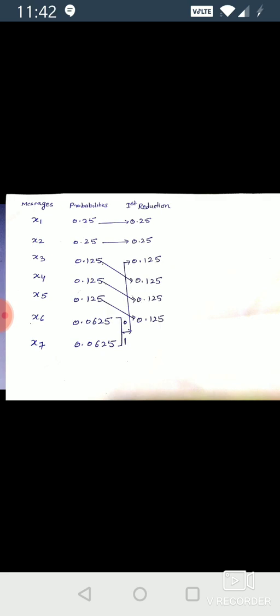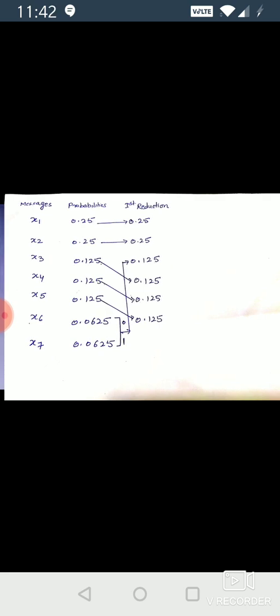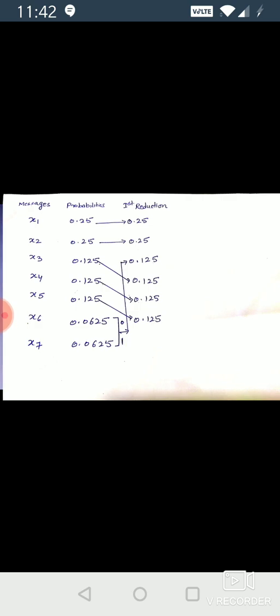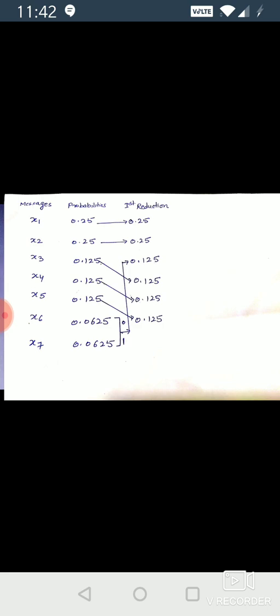Now we group the least probable m messages, and since m is equal to 2, we group only the two least probable messages, x6 and x7. Adding their probabilities, the result is 0.125. Now we place this probability as high as possible.